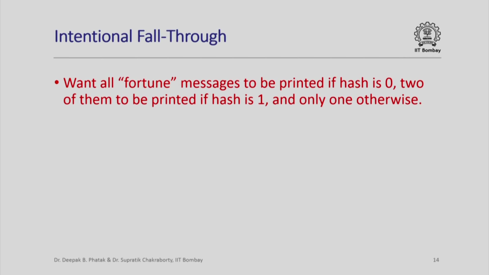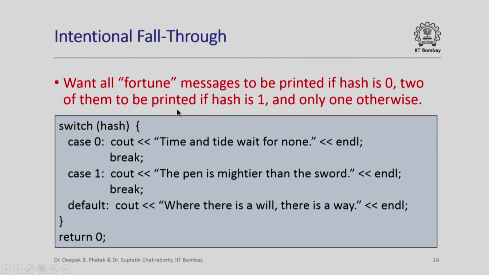Now fall through, as we have seen, can also be used intentionally to serve some of our purposes. So suppose I want all the fortune messages to be printed if the value of hash is 0, only 2 of them to be printed if the value of hash is 1, and only 1 if the value of hash is 2. So this was our original program, in which case depending on the value of hash only one message